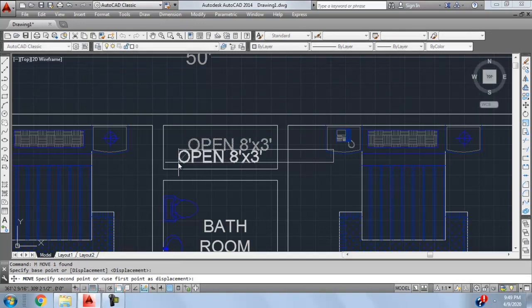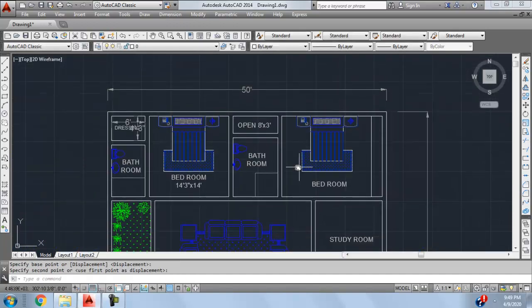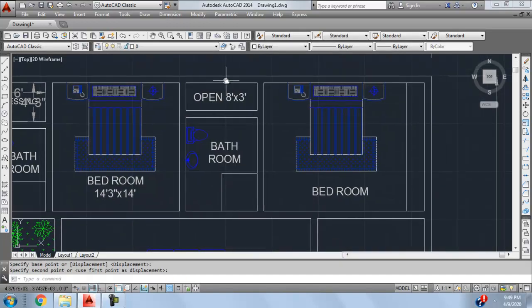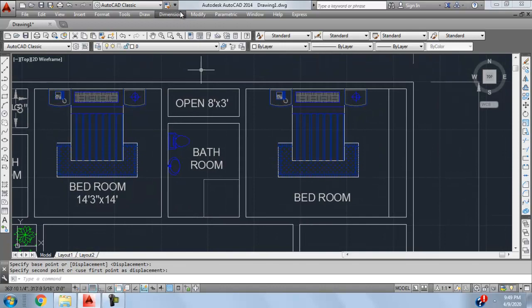Click move and you can move it in the center. Very easy. Bathroom is also 8 feet in width और अब आप उसकी हाइट चेक कर लें तो ये है जी 10 फुट 3 इंच. So